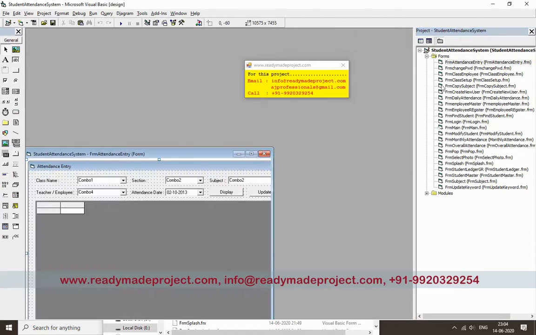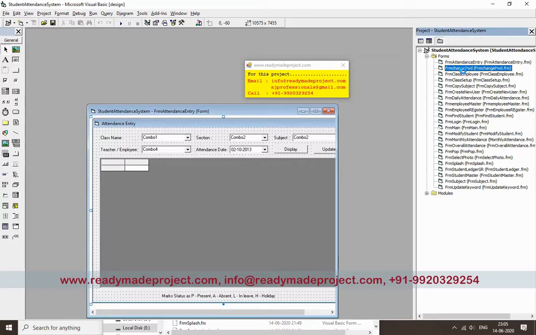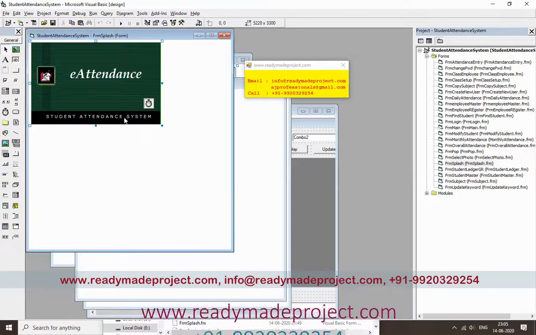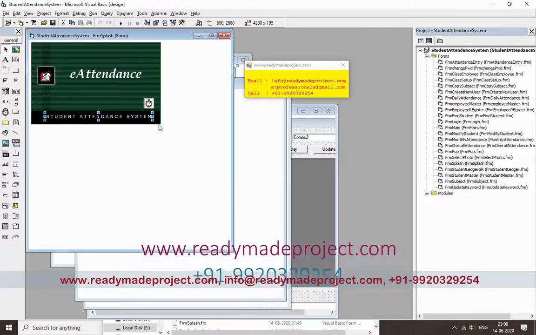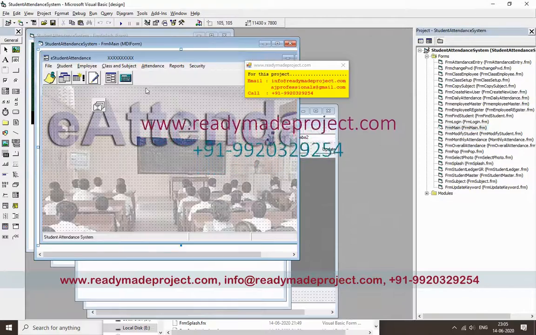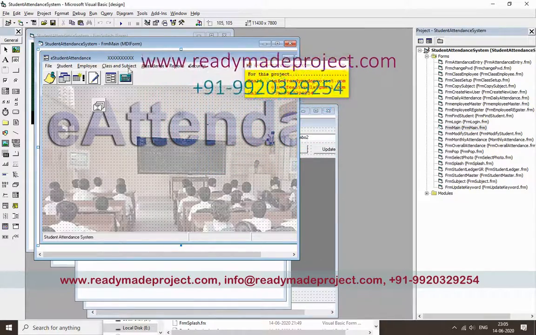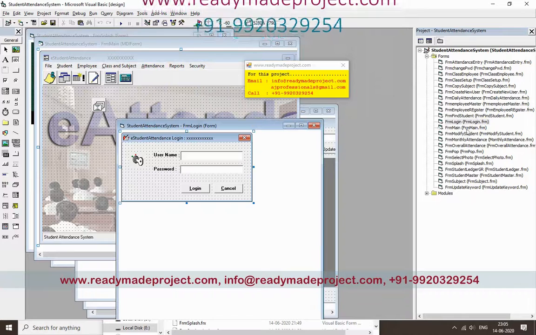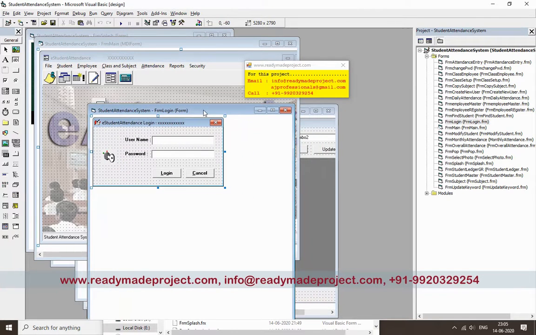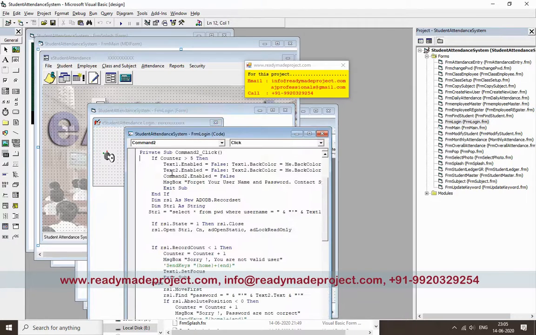So these are all the files. There are different forms, and coding also. Like this one, the starting screen. Suppose you want to change anything, you can just type here. Or say I want to change the login form, because the school name will come from the database. There is a school name table in the database, so if you change it there, the change will happen.